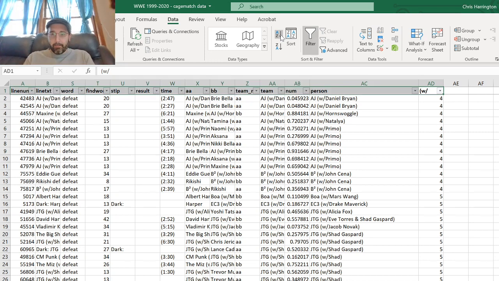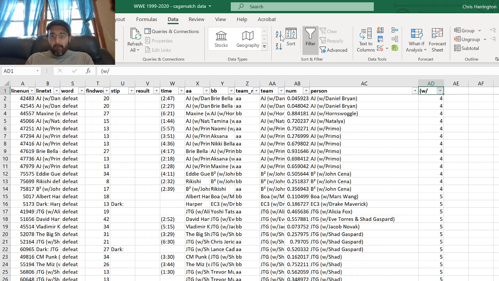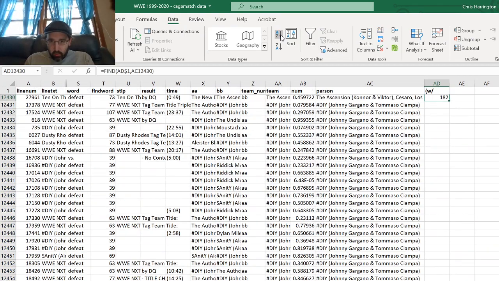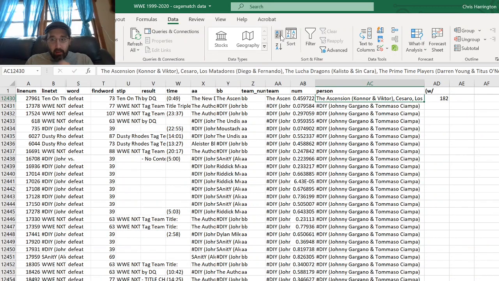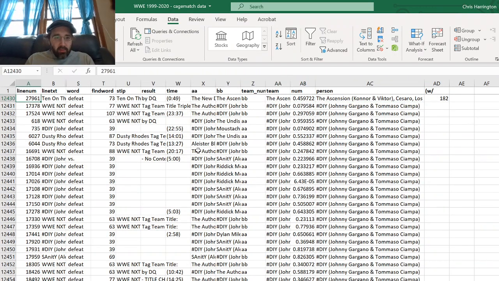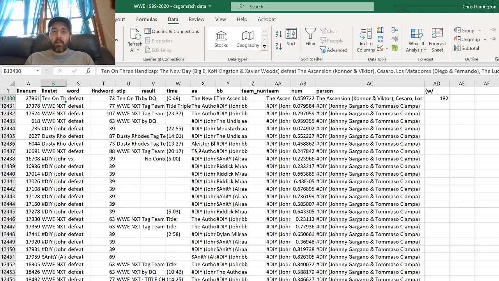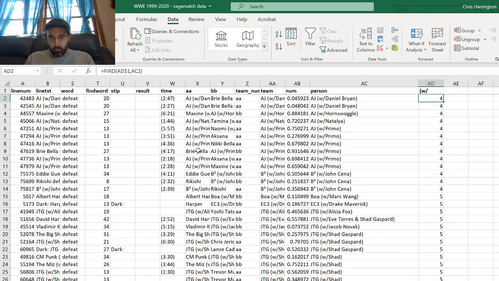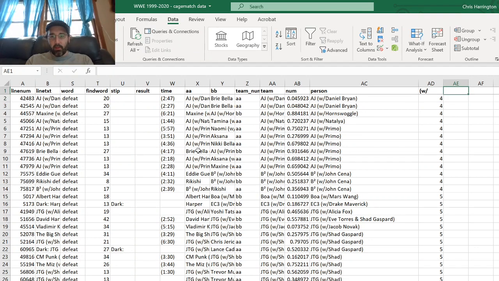All right. So now who has their own team has 185 things, and God, what match was this? This was the 10-on-3 handicap. Wow. All right. So I'm going to now move off all the with people,